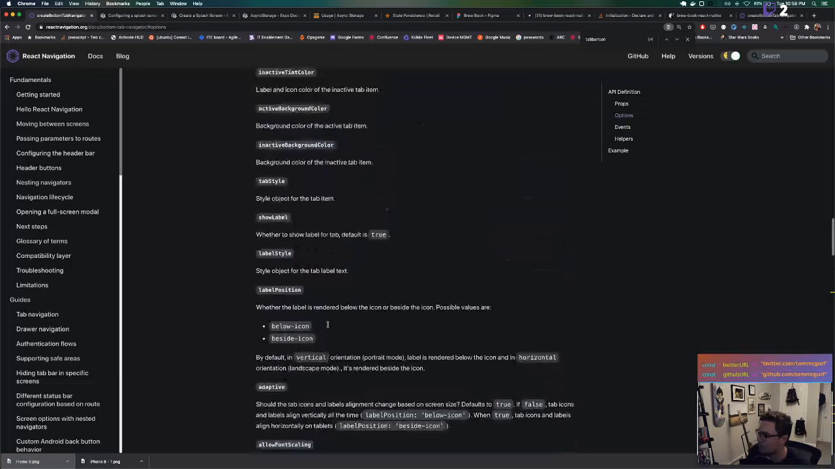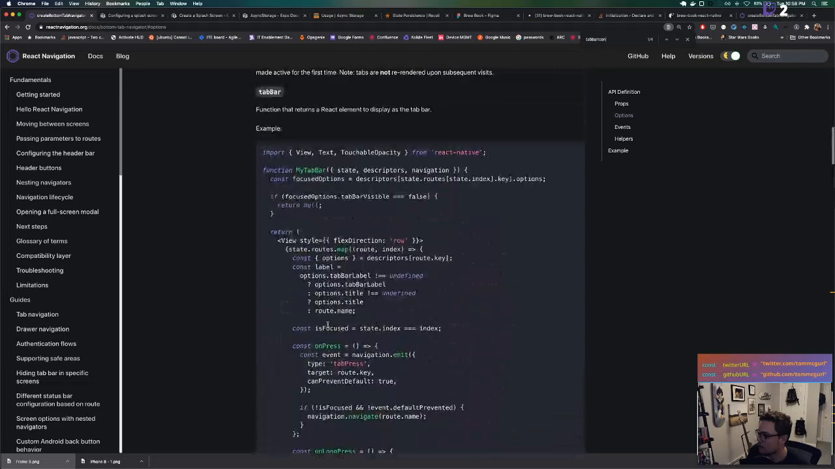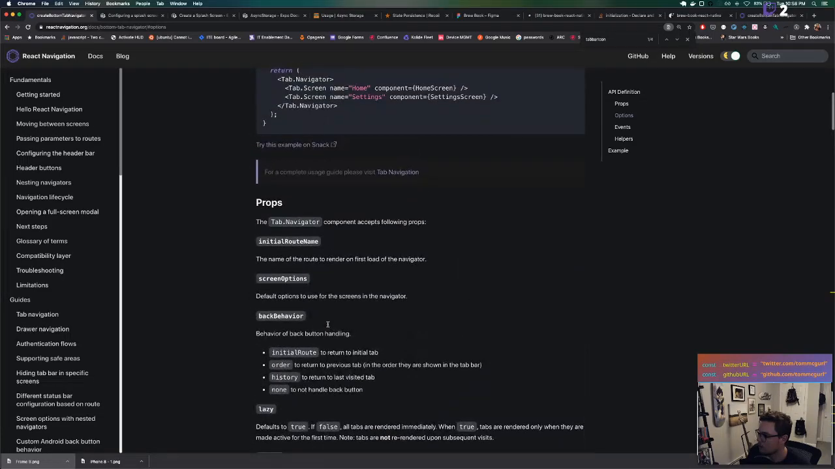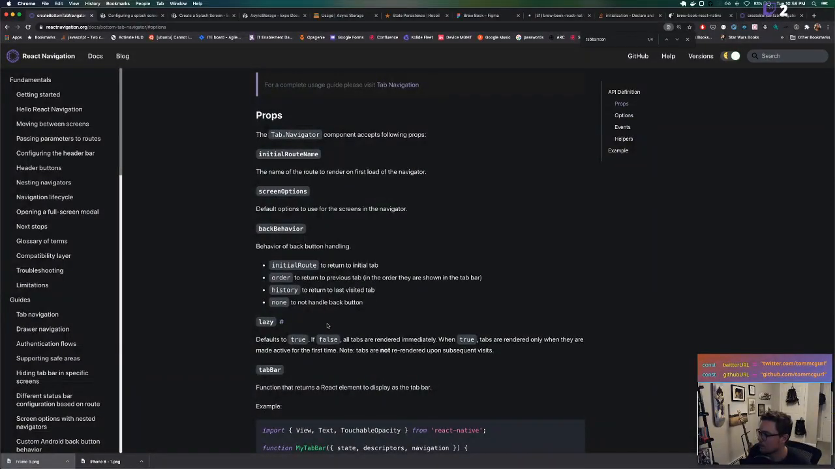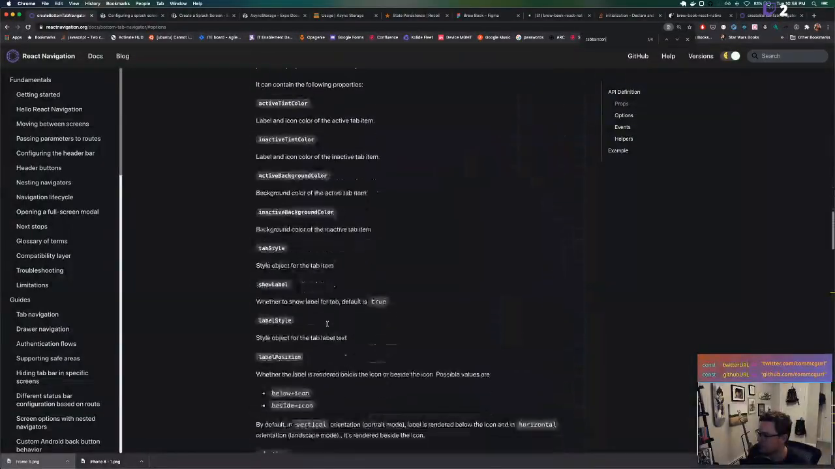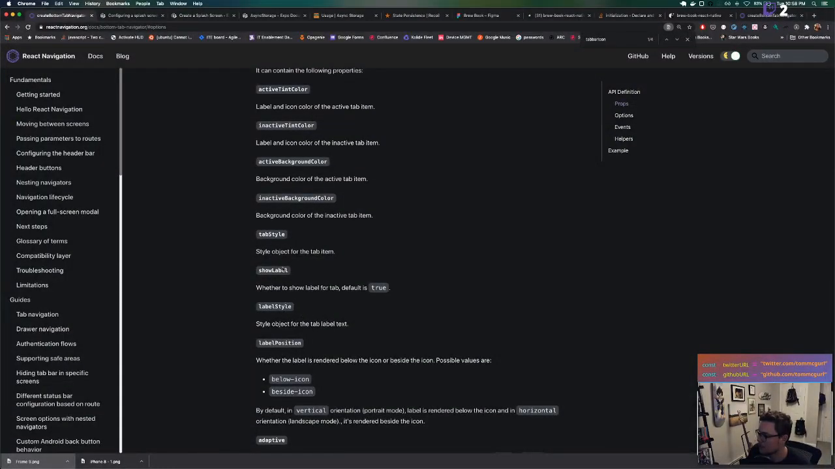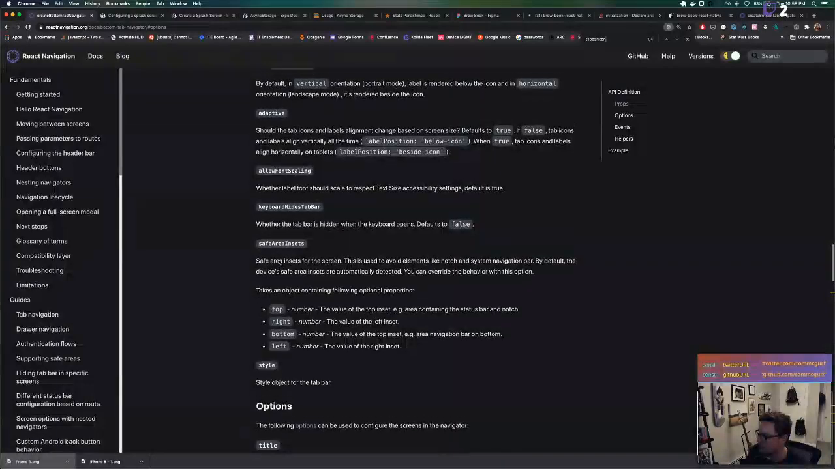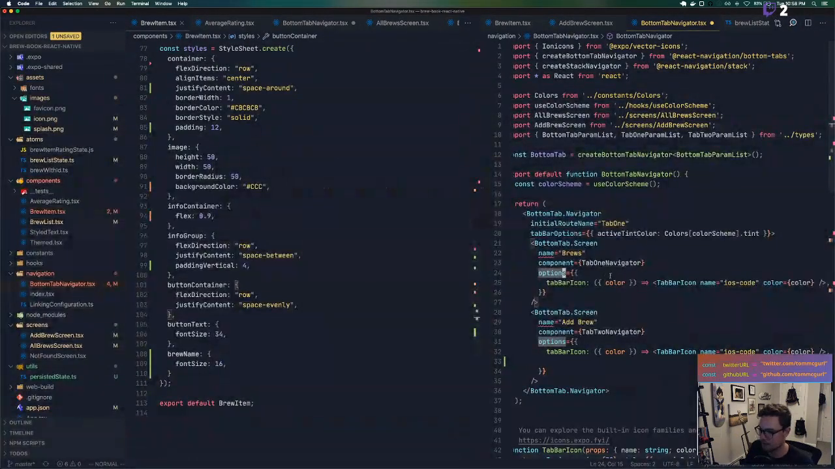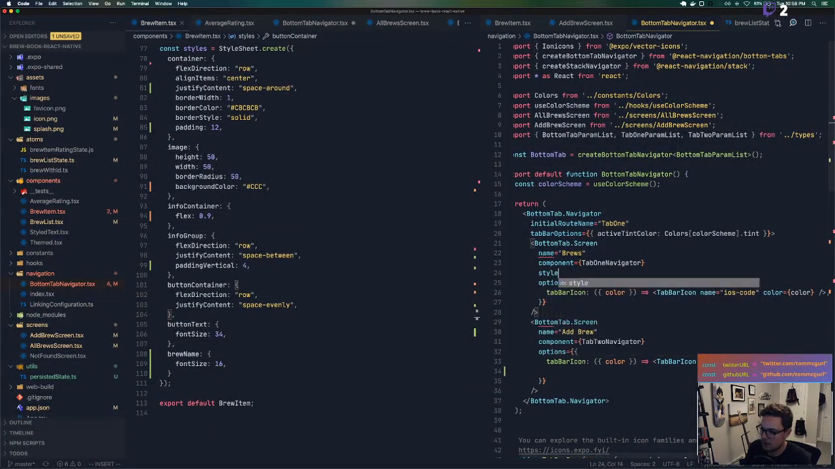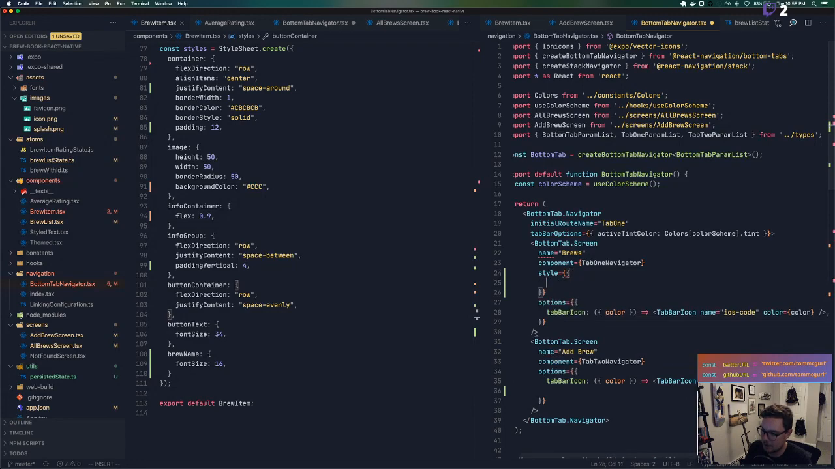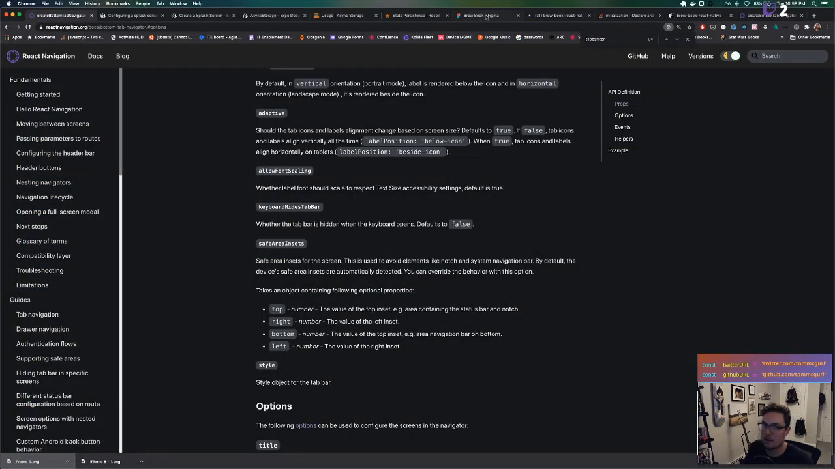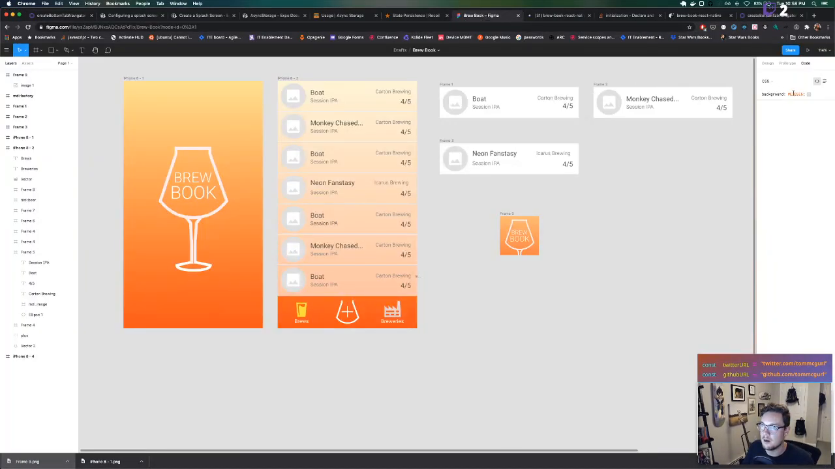But maybe props. Okay, props. What are the props we can give it? I think style was one of the props. Label style, tab style, and style. All right, let's just try giving a style. Style equals, I'm just going to do it inline just to see if it works. And let's just go with our color here of